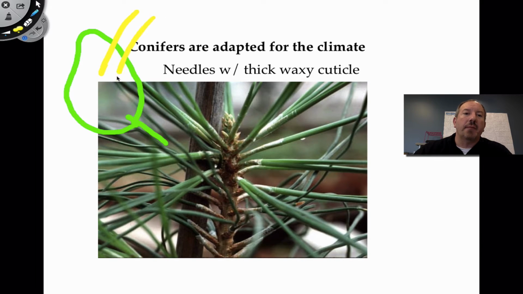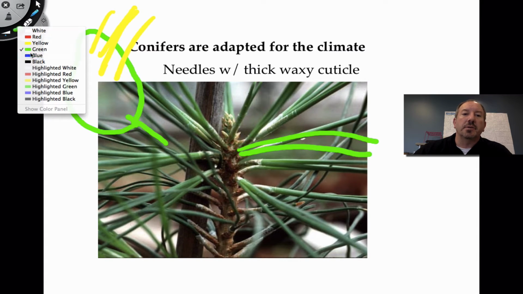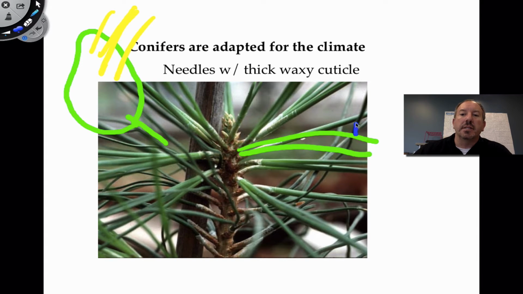Whereas if you're a needle like this, you can't really capture a lot of sunlight. But this is a great adaptation. There's only a little bit of water loss from needles, and there's a lot of water loss from a big leaf. Big leaves are usually found in deciduous forest and tropical rainforest.